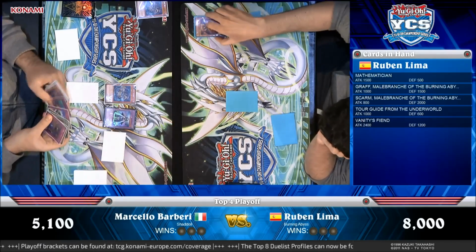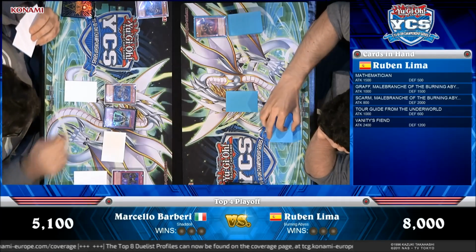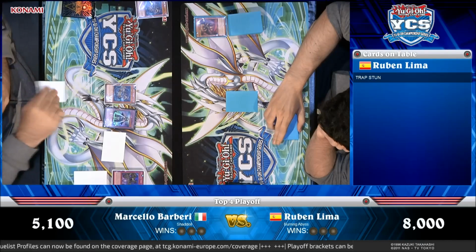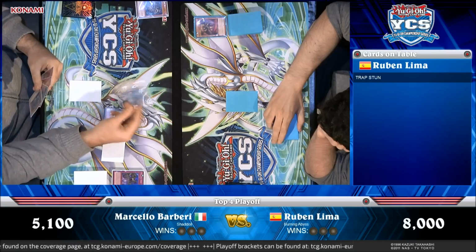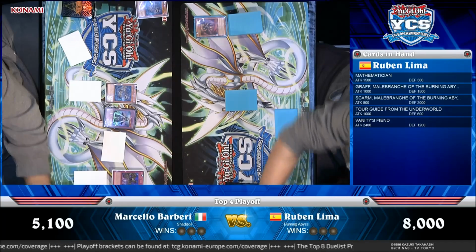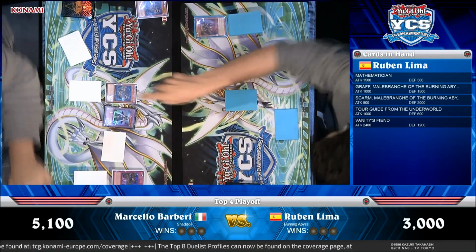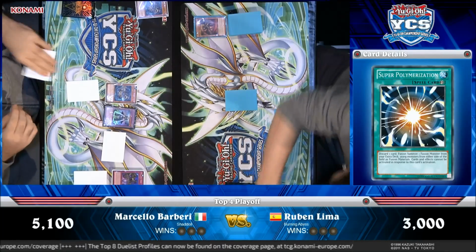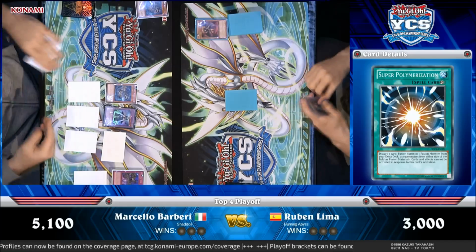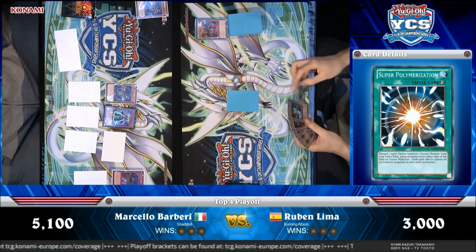So let's take another look at Ruben's hand here. He's got Mathematician, Graph, Scam, Tour Guide, Vanity's Fiend. Very monster-heavy hand. In fact, as monster-heavy as it can get. Not what he wants, and a Trap Stun, also not really something to fight back here. This is really, really bad for Ruben, because he'll flip up his Trap Stun most likely, try to play out his hand with the special summons of his Burning Abyss monsters, and he's going to lose out to the Super Polymerization, which is like one of the most powerful cards in the Shaddoll deck. And Trap Stun won't stop that. I mean, it will stop Marcello using either the Breakthrough skill or his own Trap Stun, but...